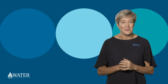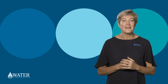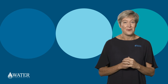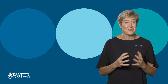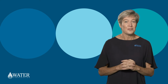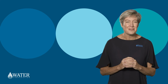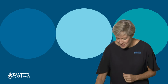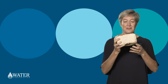Luckily for us in Western Australia, along most of our coastline, we get a totally awesome and amazing type of rock underneath the ground, which is limestone. Limestone is really the reason that we are able to use groundwater for our water supply. So I'm going to show you how absolutely amazing our limestone is. So I've got with me a nice big chunk of limestone, and when I hold it up,